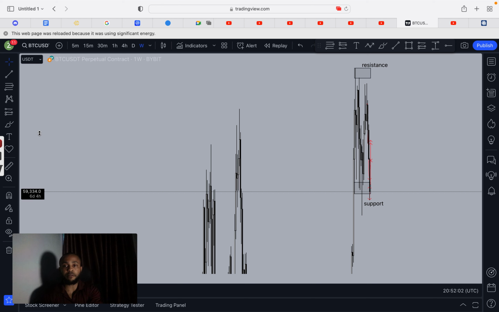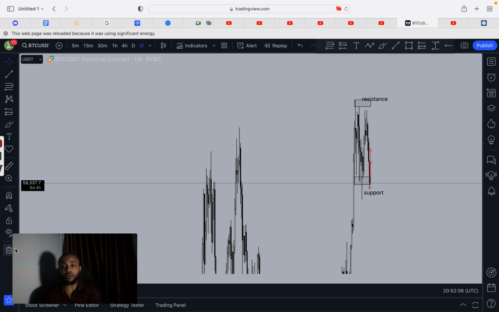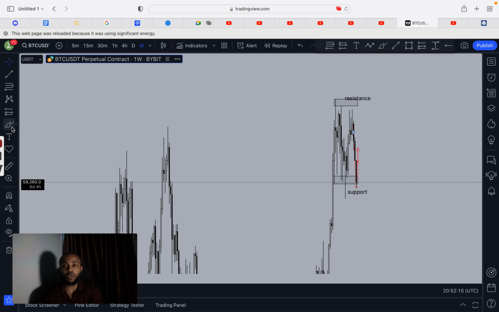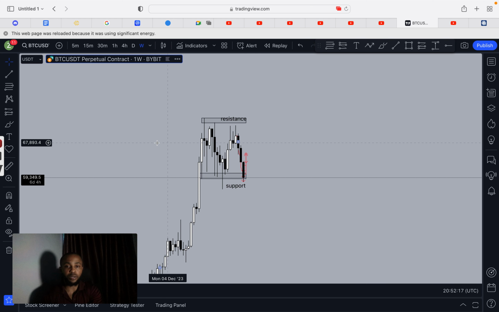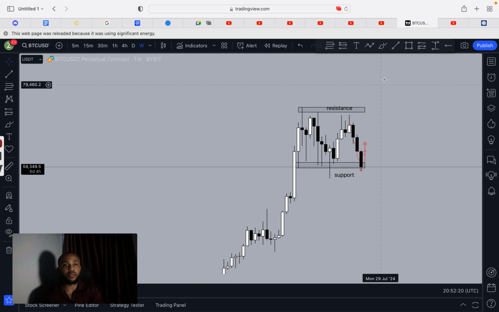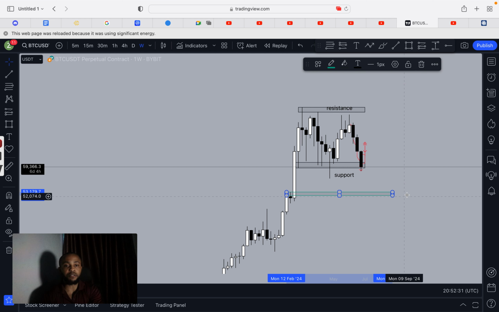Okay, and if you look at the weekly, let's go to the weekly time frame now. What level right now on the weekly do we have? Hold on, can't even see. On the weekly, this is exactly what we have here, right? This is a weekly support and resistance zone, break and retest zone. Because you can see in the weekly we're in an uptrend. This is the only weekly level right now. I can actually see around 52k.